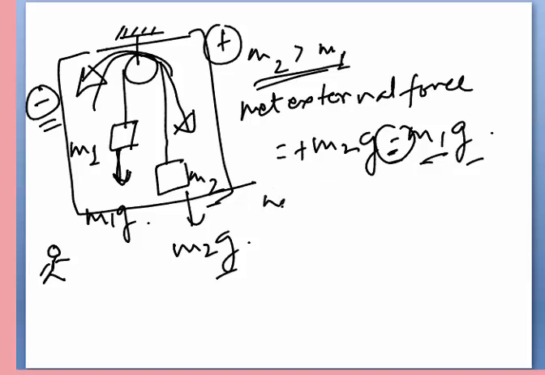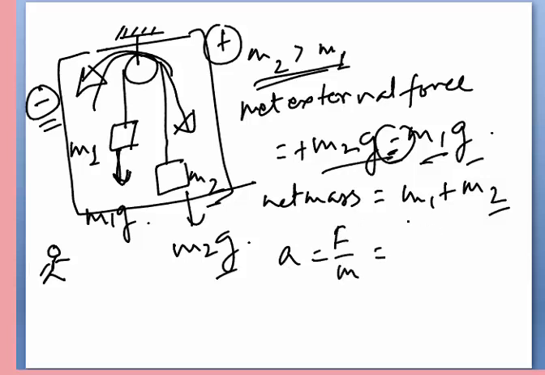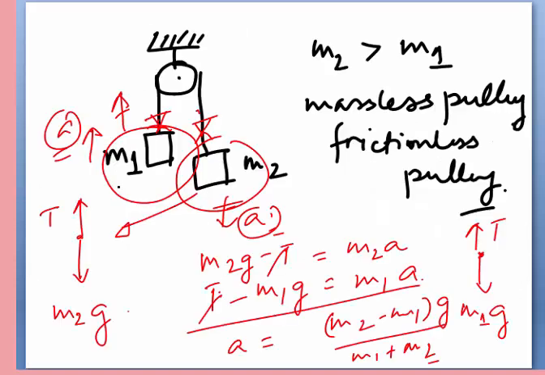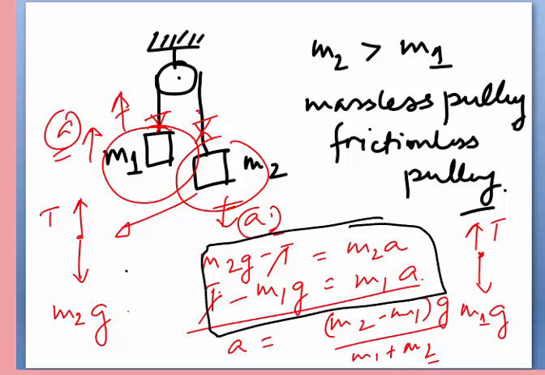Now what is the net mass of the system? We already assumed that the pulley is massless. So the net mass of the system is M1 plus M2. Therefore it becomes extremely simple. My acceleration will be nothing but the net force by mass, which is (M2 minus M1)G divided by M1 plus M2. So this is a fantastically simple concept which saves you this whole process of writing linear equations,